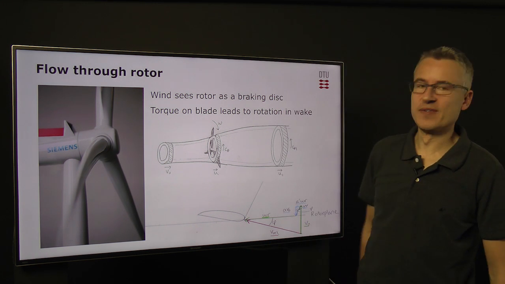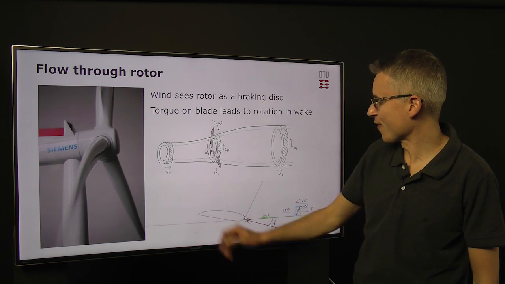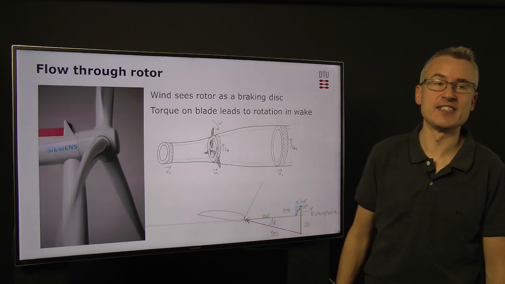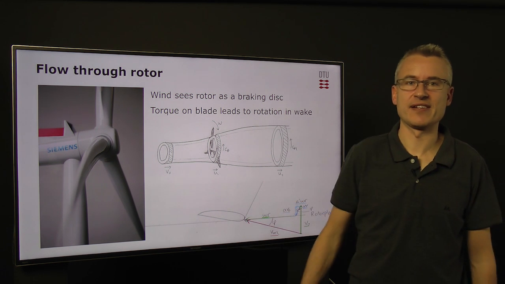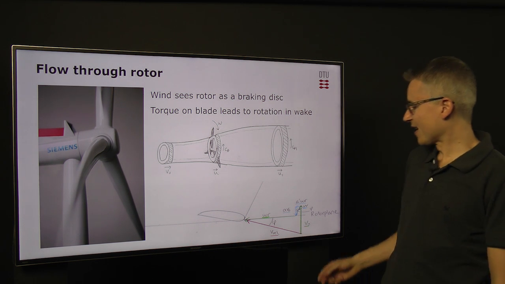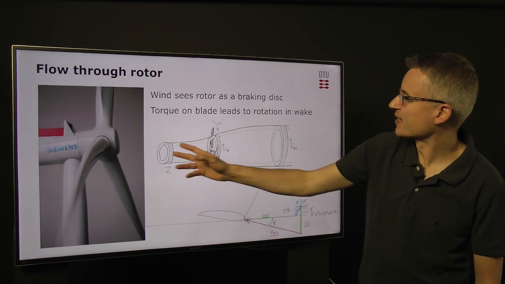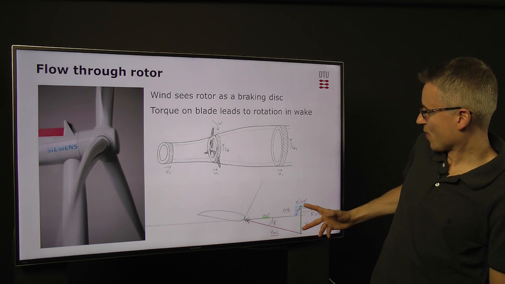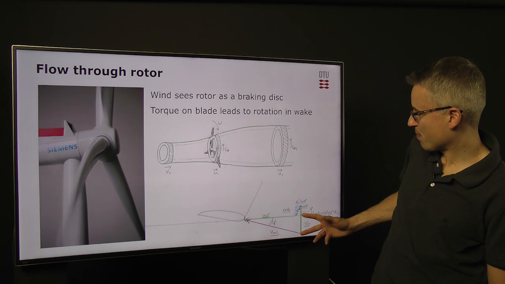We are able to describe the flow that goes into the area around the blade in terms of a velocity triangle. So if we look at this line here, which is called the rotor plane, then we would have the incoming wind speed coming from below. And we know that there will be an induction because it's stopped a little bit. So the turbine will not see the full incoming wind speed, but just a part of it.